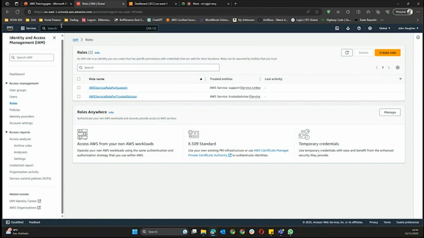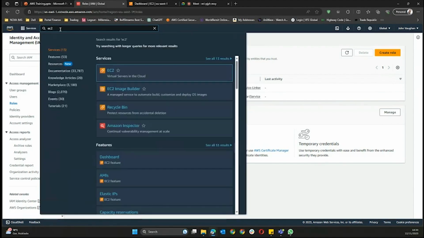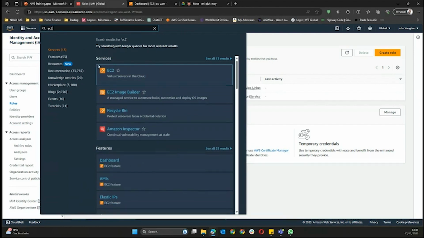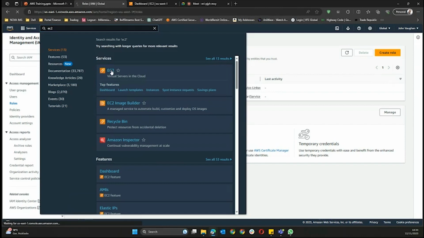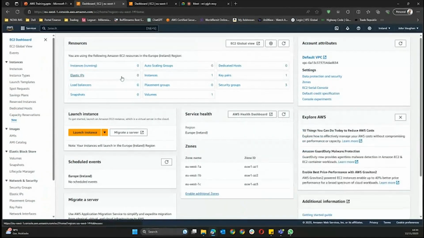That's one of the services that we will utilize today. And we can simply search for EC2 or go back to the services. So we'll search for EC2. You see EC2 here. We'll click on EC2 and it will take us to the service page. All right. Now on the service page, you would see a lot of things. Okay. The virtual machines are mainly called EC2 instances